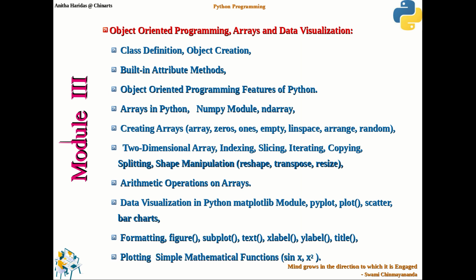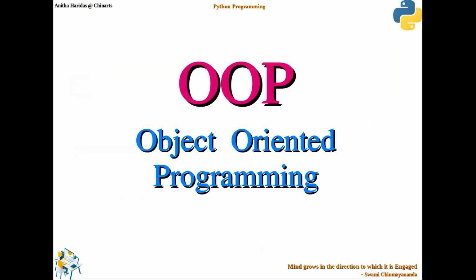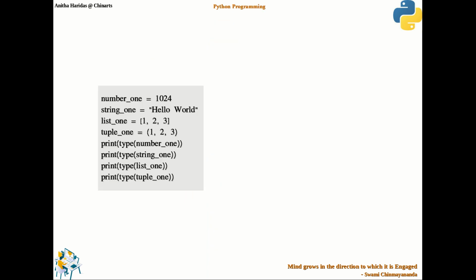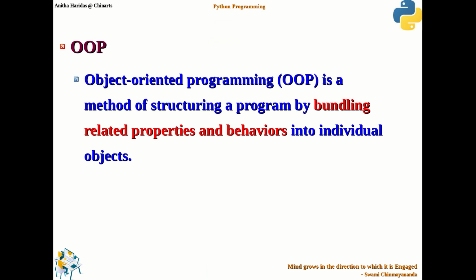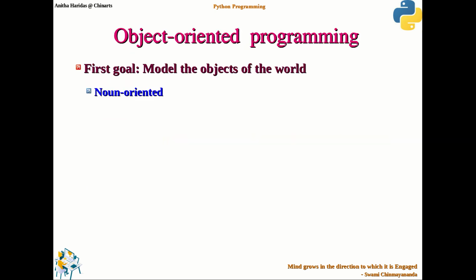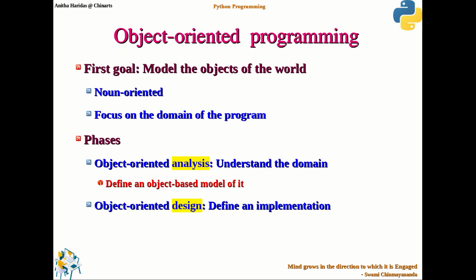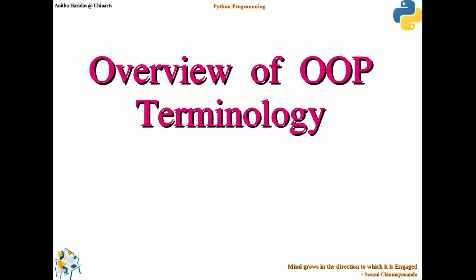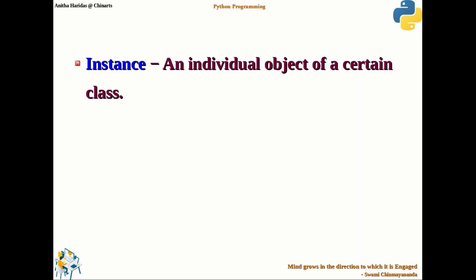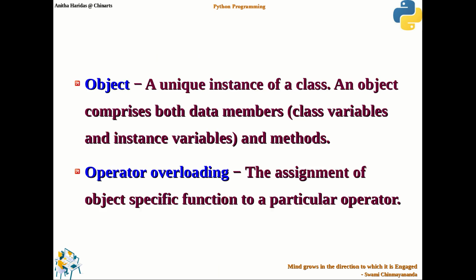In our previous sessions we talked about the object oriented programming approach and the different features. We discussed what we mean by data abstraction, and how to define a class. Then we discussed the goal of object oriented programming, the different features, and the terminologies used in object oriented programming.